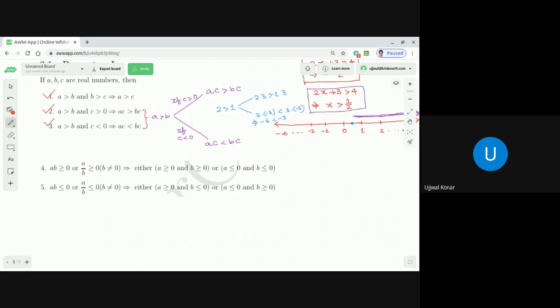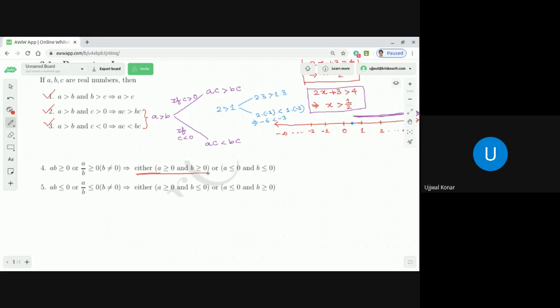If B is equal to 0, then the statement doesn't make sense. So let me repeat, if A into B is greater than or equal to 0, or A by B is greater than or equal to 0, then you can conclude that A is greater than or equal to 0 and B is greater than or equal to 0,